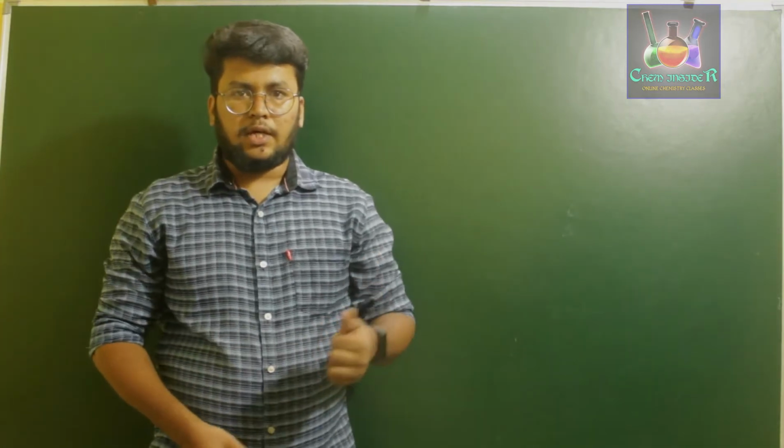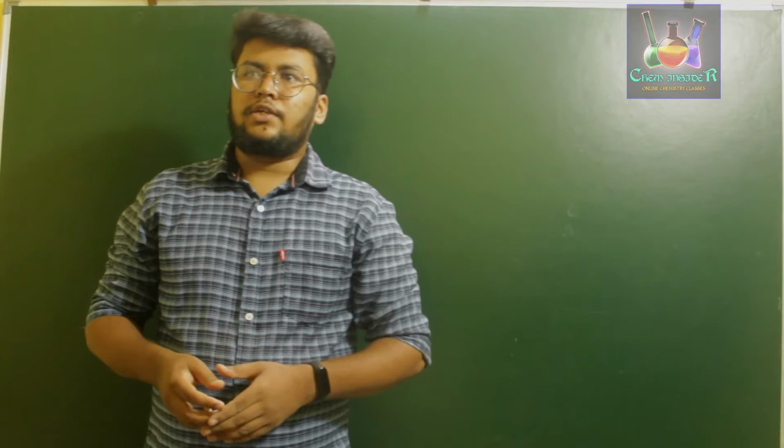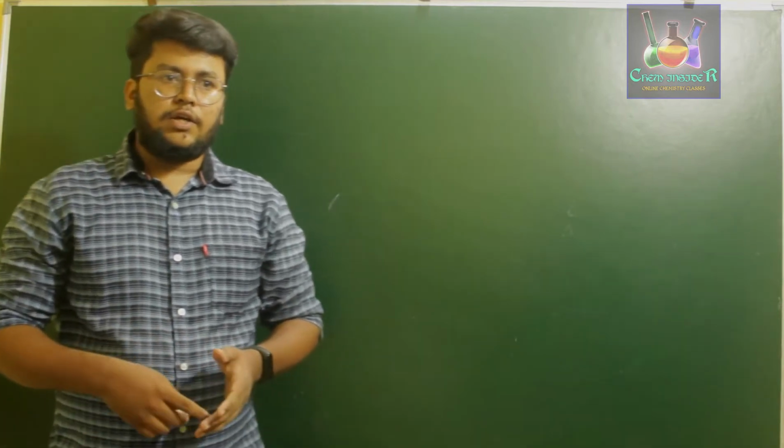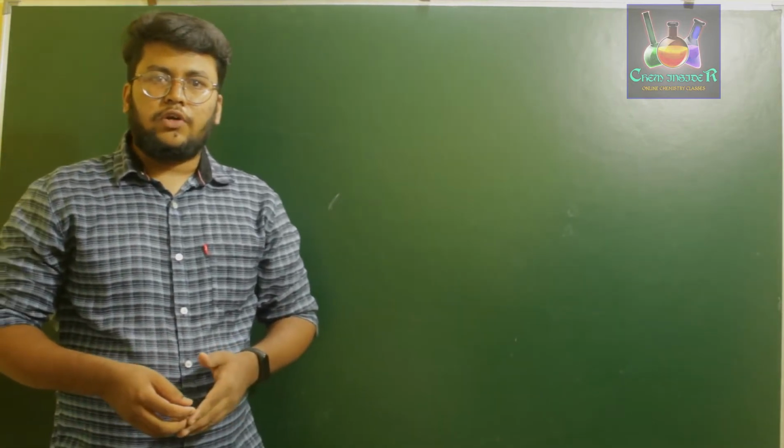So in today's class we are going to discuss the remaining portions of the preparation of alcohols. In the previous video we discussed how to prepare alcohols from alkenes. That is, we used the method of acid hydrolysis, and then we also used the method of hydroboration hydrolysis in order to prepare two different types of alcohols. And we also reduced aldehydes and ketones using catalytic hydrogenation and reducing agents in order to form our